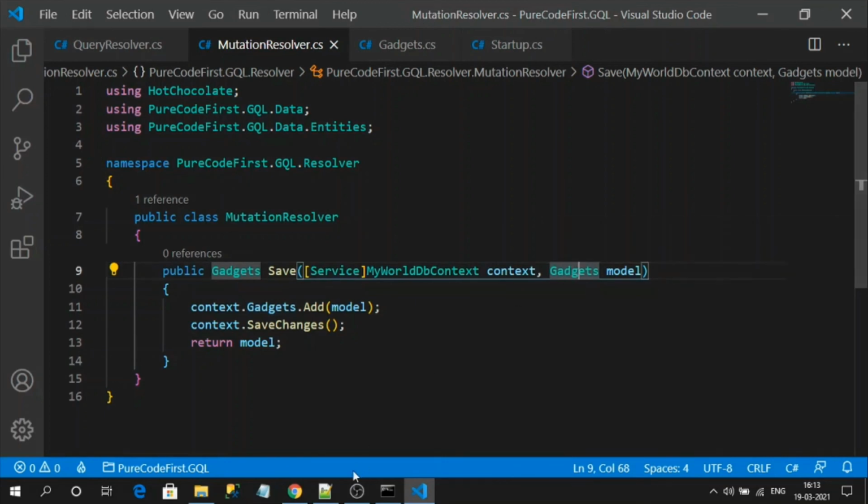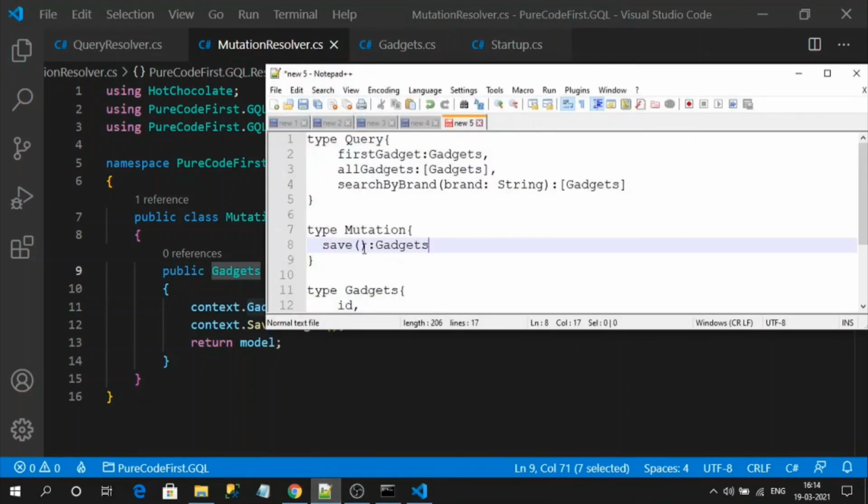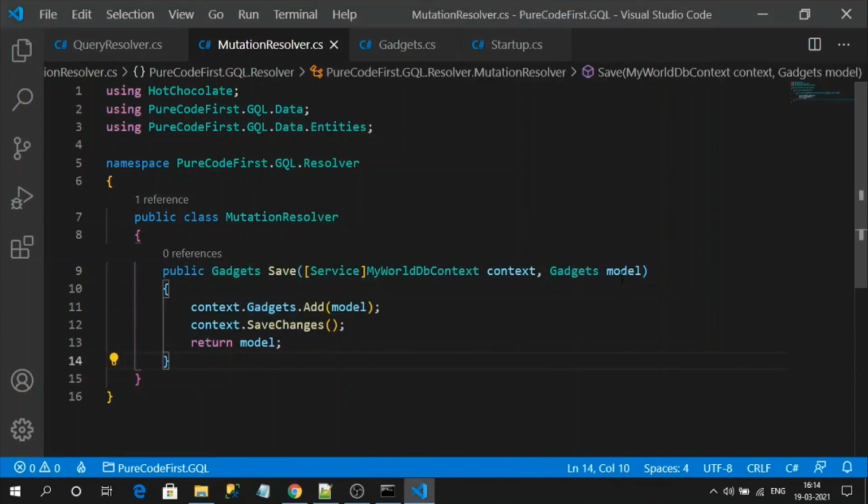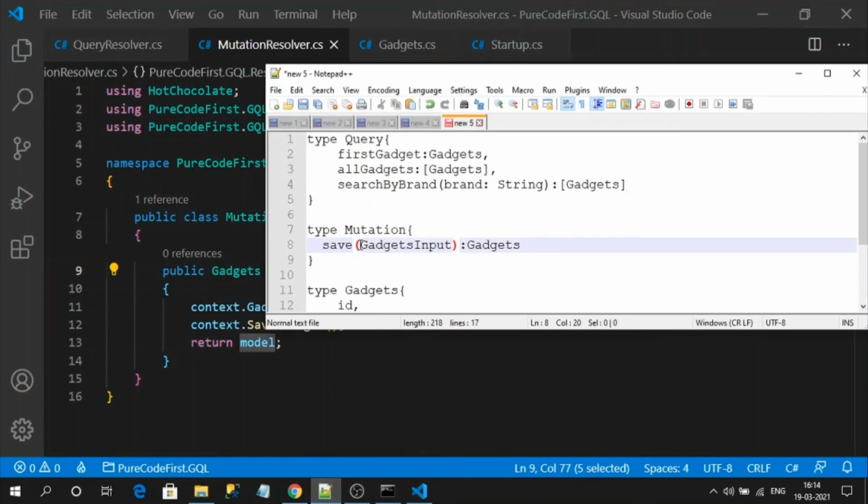So what I mean here is gadgets, right? Copy that. It will define the input payload type name, like gadgets input. It will just add the input string to the class name while generating the type of my model. So my input payload is the model, this will be the same only. It won't change. The only change is the type for this model will be created as gadgets input.